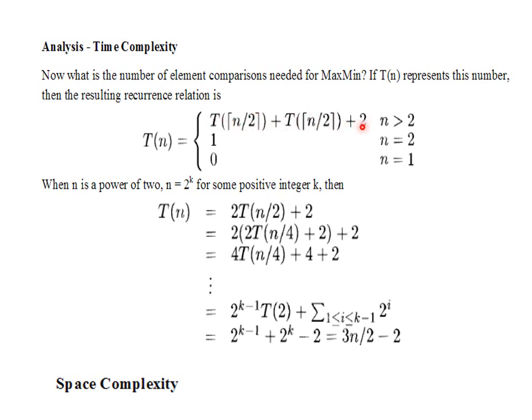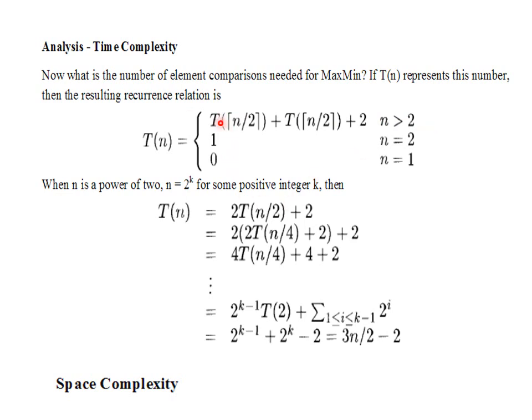So there are two minimum values and two maximum values. Again we want to decide which one is the minimum, so one comparison is required, and which one is the maximum, we need one more comparison. So that is why it is 2. So this is how we derived the recurrence relation from the divide and conquer approach for the problem of finding the maximum and minimum value. Now we can solve it. T of n by 2 plus T of n by 2, this is the recurrence relation we have to consider.